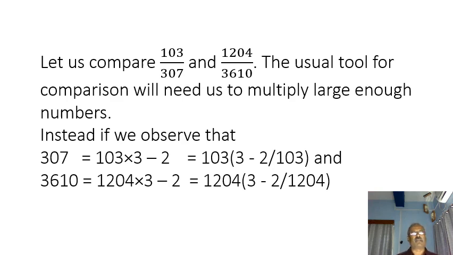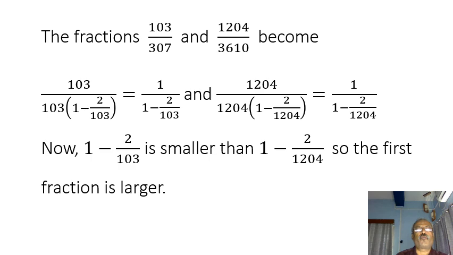And similarly, 3610 equals 1204 times 3 minus 2, which is equal to 1204 times in bracket 3 minus 2 over 1204, bracket complete. The two fractions 103 over 307 and 1204 over 3610 become